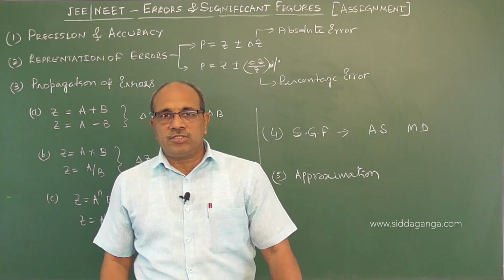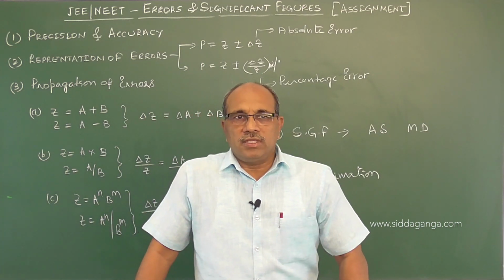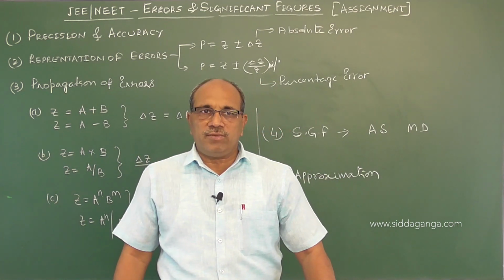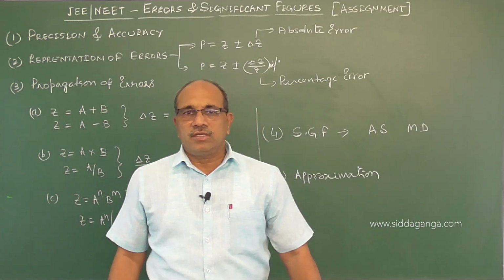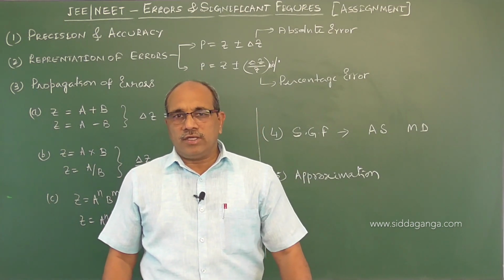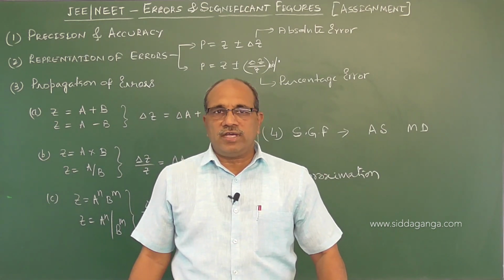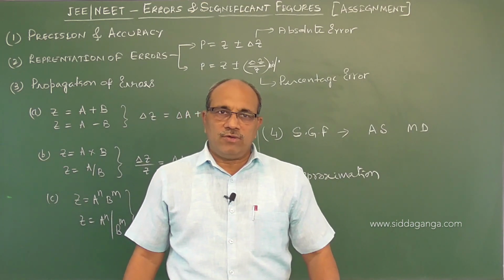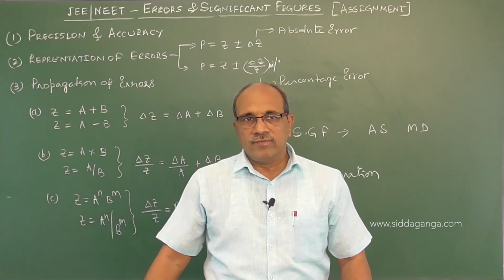What is the meaning of precision? I told you that it is a comparison of the least count of various instruments. The instrument which has the minimum least count is considered to give the highest precision reading possible. And accuracy: the final measured value must be very close to the true value or standard value of a quantity, then we say that the measurement is most accurate.